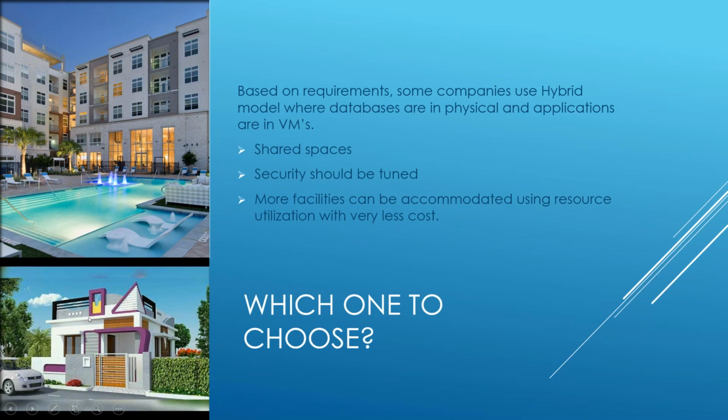Suppose you started constructing this house, and now you get rent from only one family, and you feel this is not giving you good profits. Within the same space you created a multi-story building, and then you started getting a lot of money. So just relate this example with the physical server and VMs. But if you want to live there yourself, you may prefer an independent house because you have a lot of money and your requirement is independent.